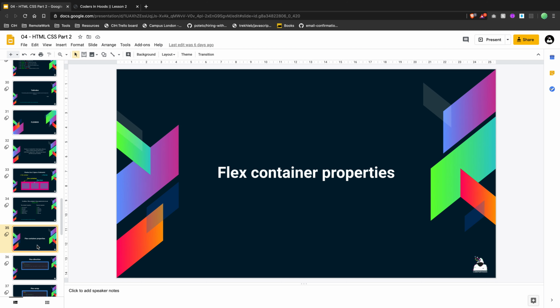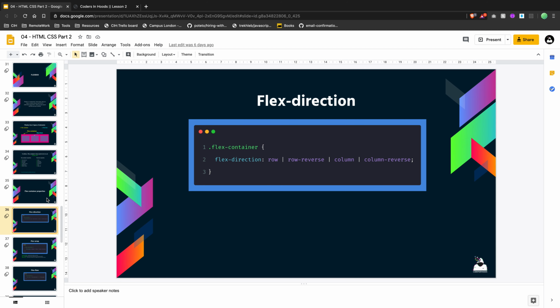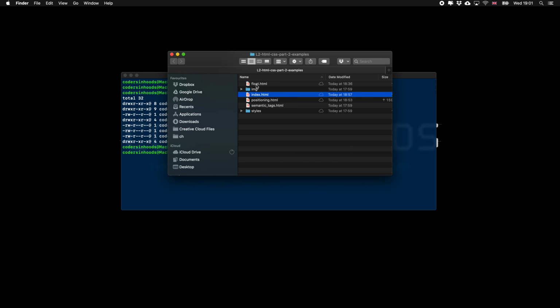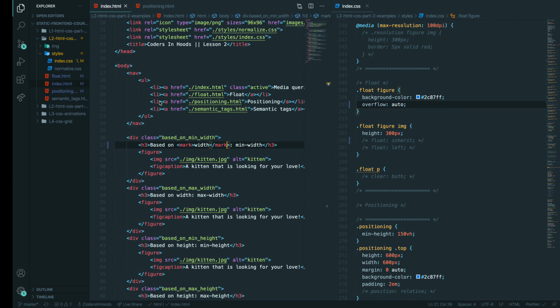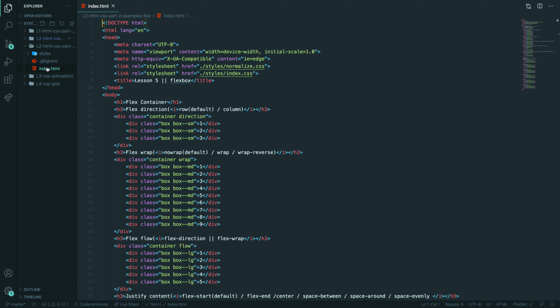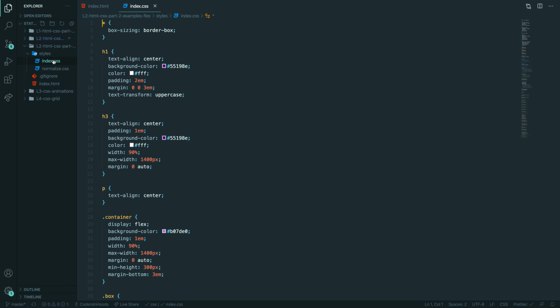Here I have screenshots, but it's probably better if I show you in real examples. So give me a second. I'll open semantic text positioning, flex, this one, and here I will close that, open HTML, CSS,